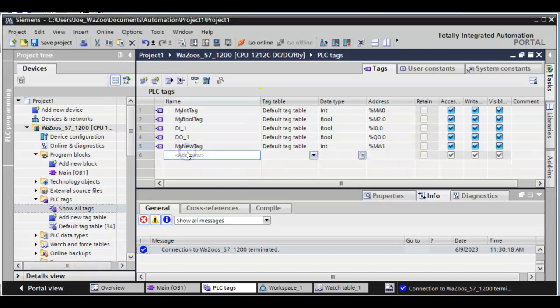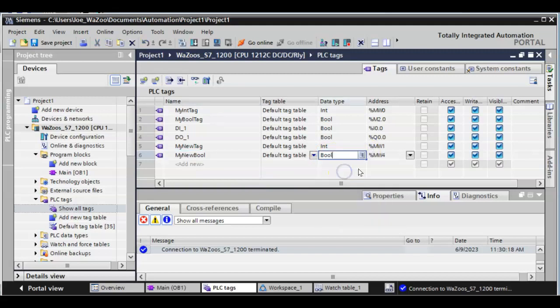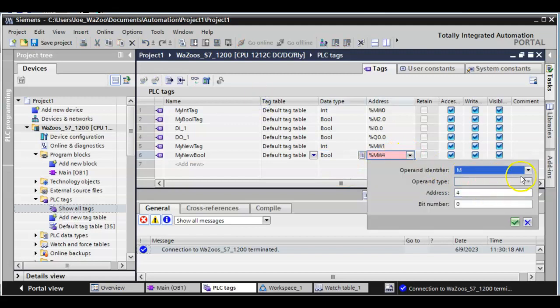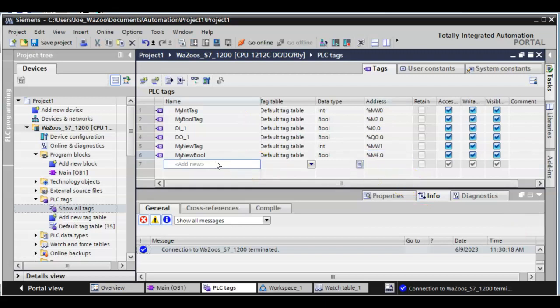And let's add another tag here, for instance. How about a my new bool tag? My new bool, and we'll make this a bool tag. So we'll go right here. There we go, and we'll map this. Yeah, that's good. This should be fine. Okay, all right. And if I wanted to map to other I/O channels, I already have some here, so I